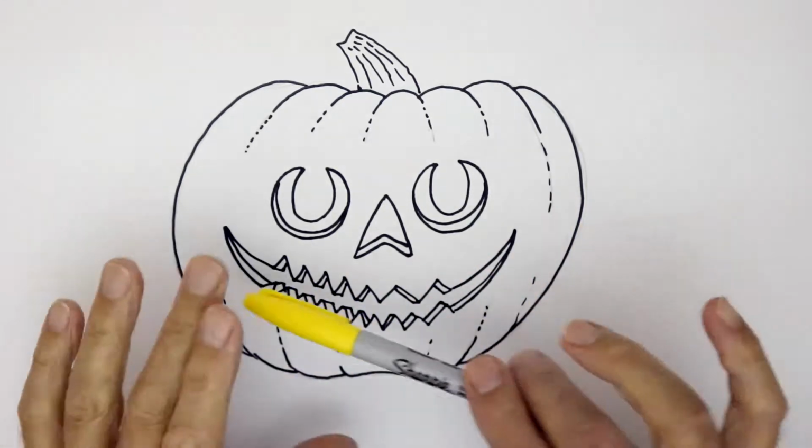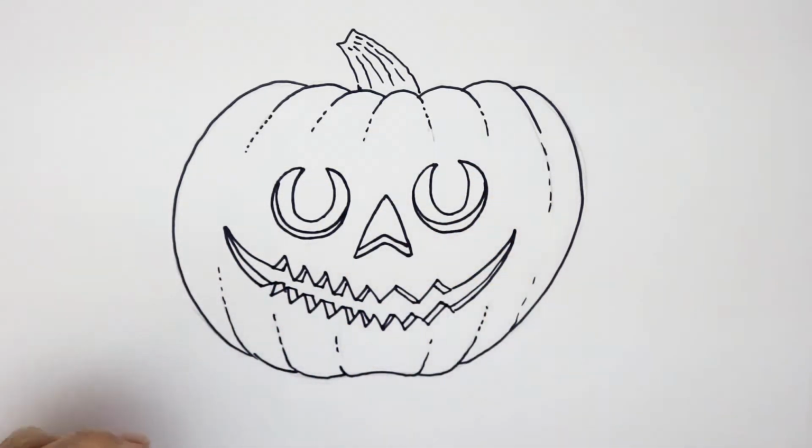Right, I'm going to show you how to colour this Halloween pumpkin face, but before I do, of course, remember,